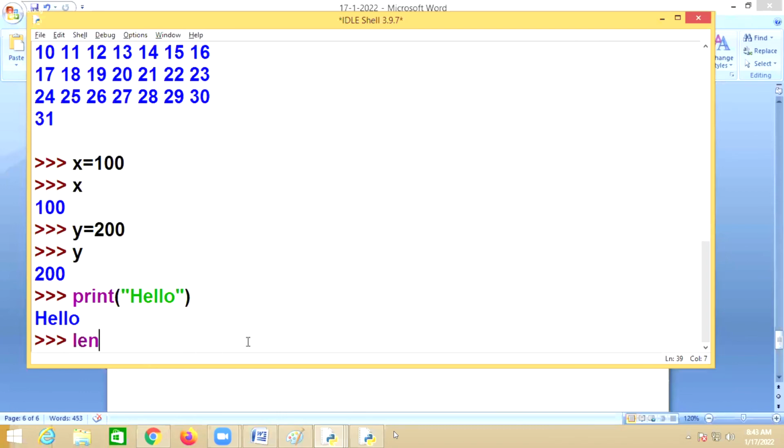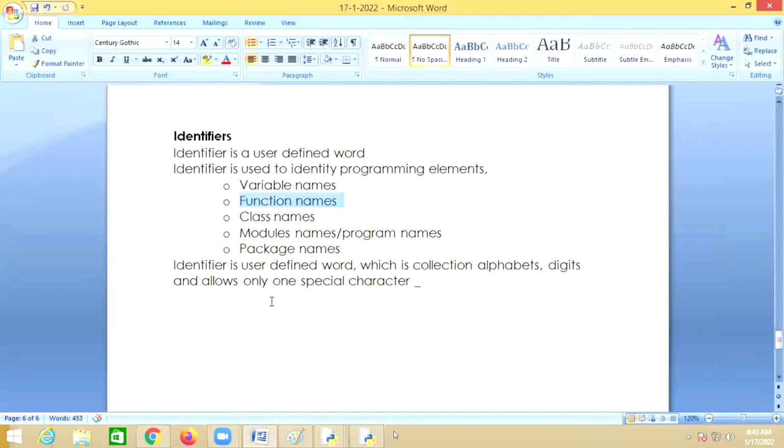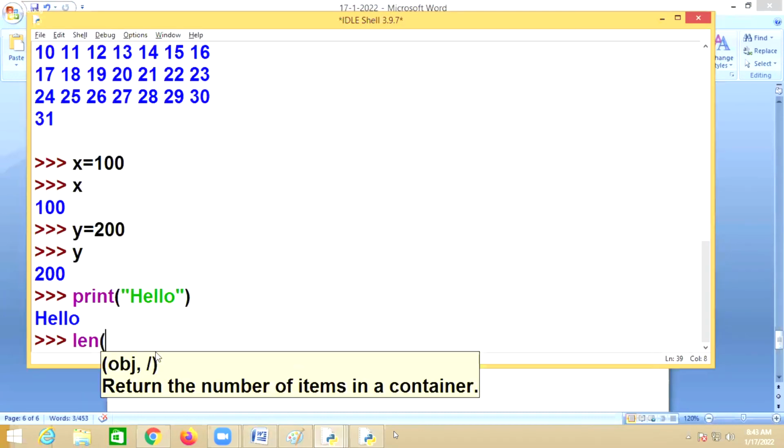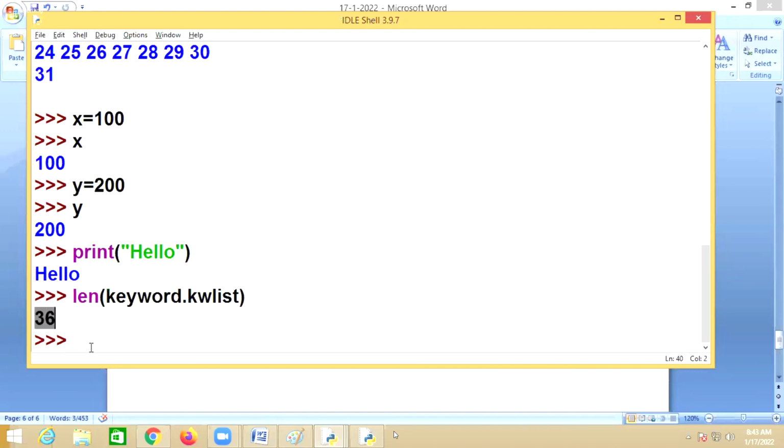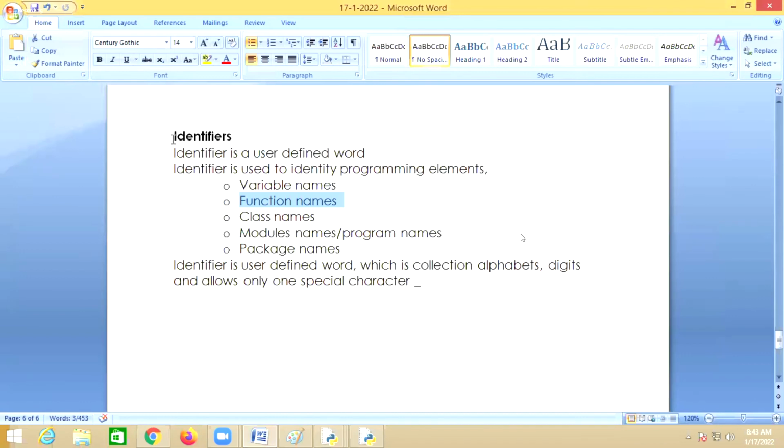In the same way, len is a predefined function, and keyword dot kwlist gives 36 keywords. Print and len are function names, and x and y are variable names. All of these come under identifiers.